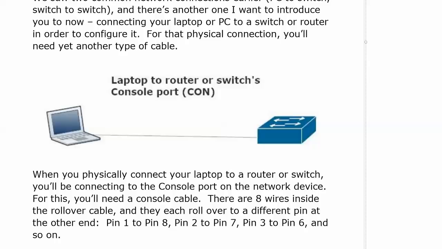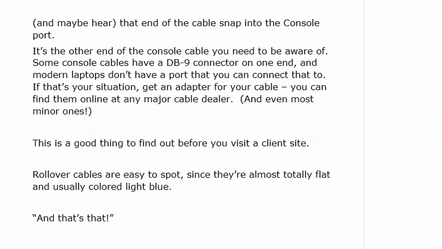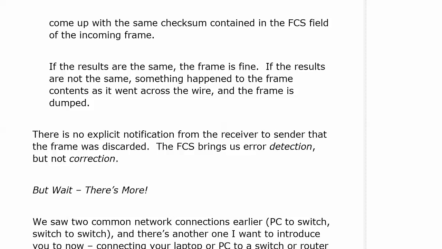There are 8 wires inside a rollover cable, and the reason I'm suddenly calling it a rollover cable is that they each roll over to a different pin at the other end. 1 to 8, 2 to 7, 3 to 6, and so on. Now, I'll show you one in just a moment, and what you should hear when you snap that into place,